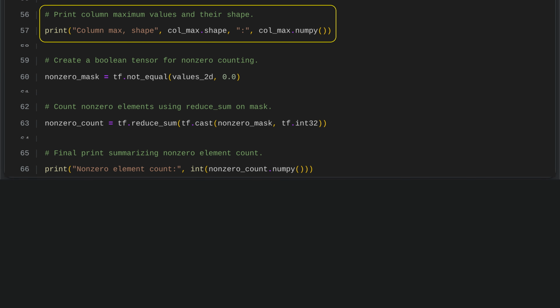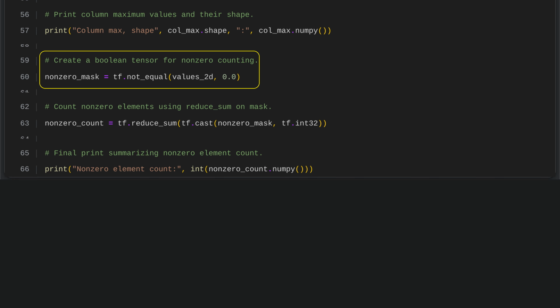We create a Boolean tensor by checking which elements in a two-dimensional tensor are not equal to 0, using TensorFlow's not equal operation. This comparison produces another tensor of the same shape, where each position is true if the original value is non-zero, and false if it is 0. This Boolean mask is then used in later steps to count or work with only the non-zero elements in the